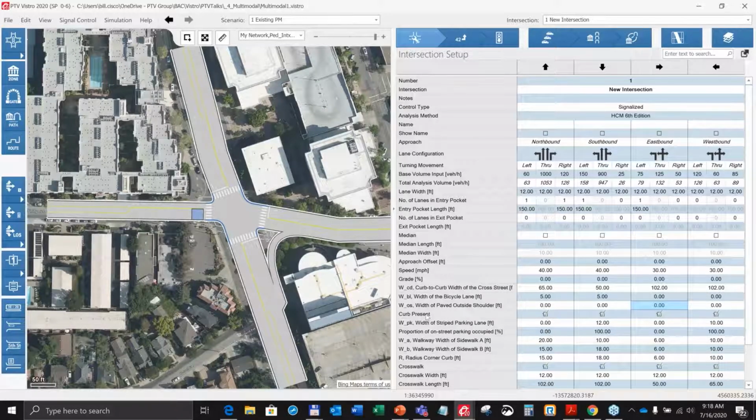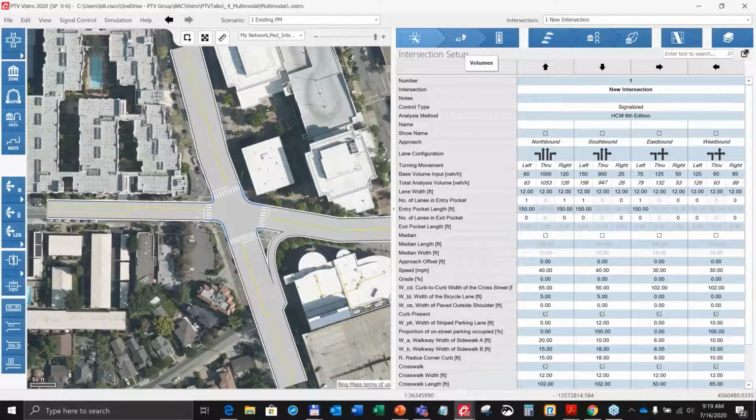But otherwise, there's other inputs in terms of whether or not there's a curb on the approach, and also if there's on-street parking, how wide the parking lane is, and what percentage of it is occupied. So basically thinking about the physical constraints and also the parking activities and how those are input and affect your bicycle operations. And so in this case, we did have on-street parking. Everything's on the approach here. So on-street parking on the southbound approach and on the westbound approach, and it's pretty heavily utilized and different widths